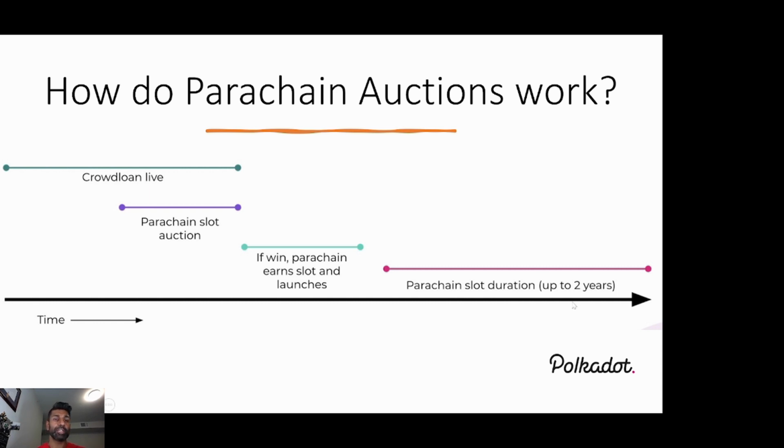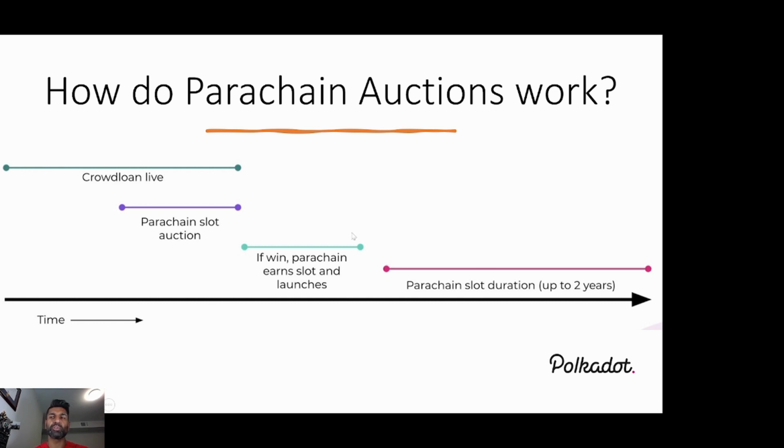So how do the parachain auctions work? Well, first step is the crowdloan goes live, right? And so there's this period of time called the warm up, which is essentially what we're in right now. And that warm up is going to last for a full week. 1 week or 2 weeks? I might be wrong on that. I think it's a week, but it might be 2 weeks, right? And then there will be the actual parachain slot auction. And the auction lasts for another week, then we'll get a parachain slot winner from that,